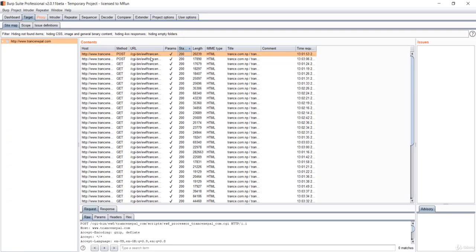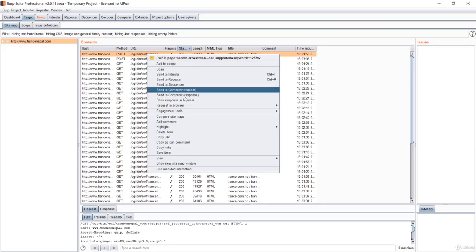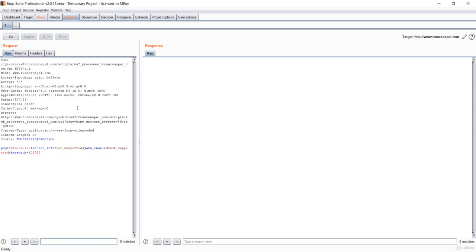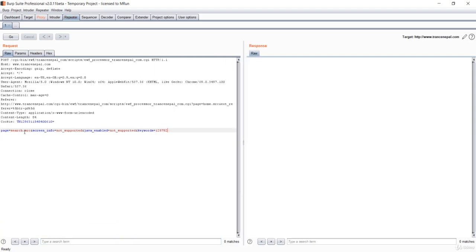You can see we have the POST method right over here. Let's send this to the repeater. Let's go to the repeater, and you could see we have these parameters here: page, screen info, Java enabled, keywords. So these are your parameters. Let's see if this keyword is vulnerable or not.